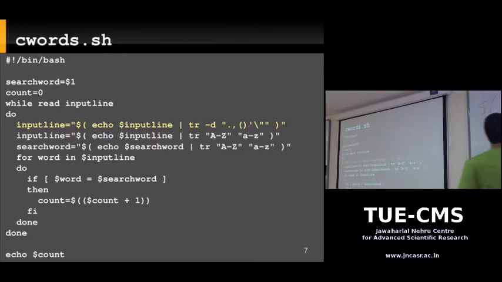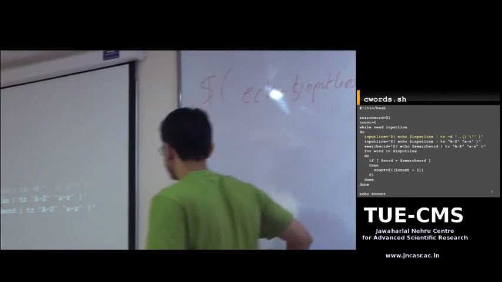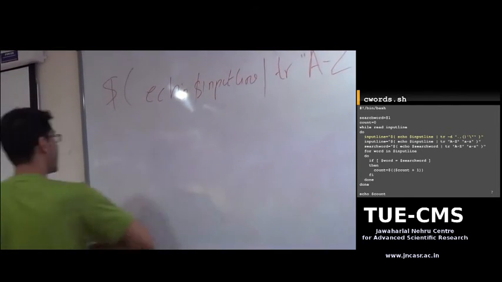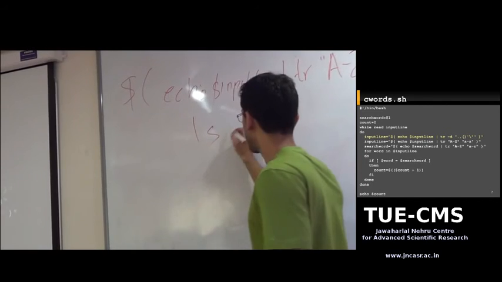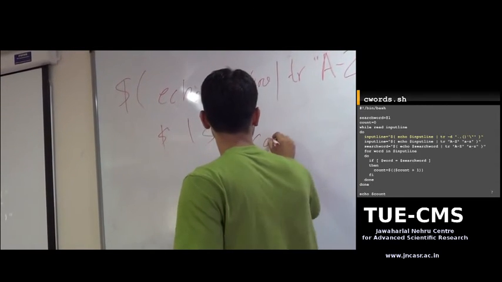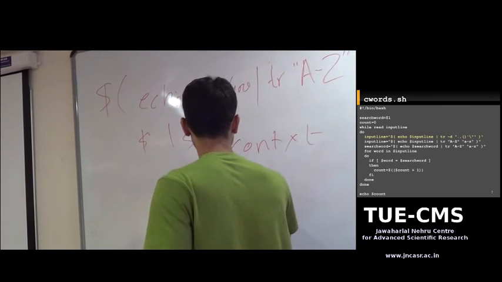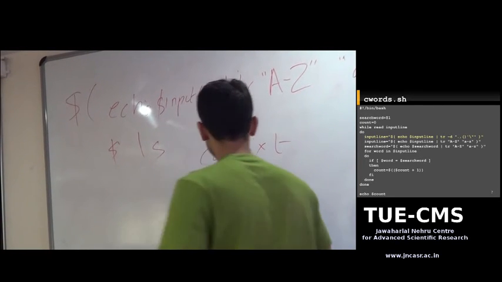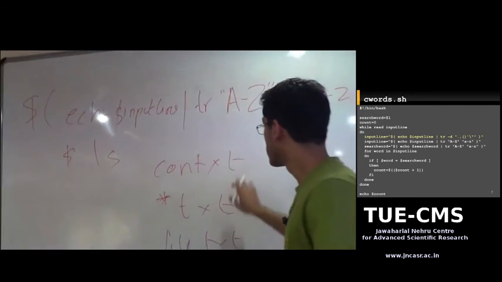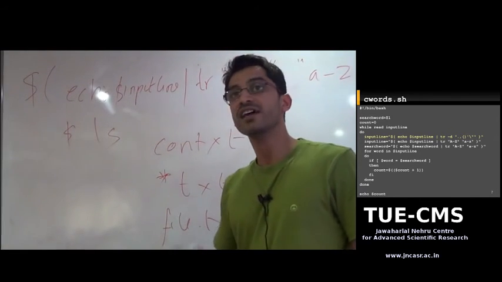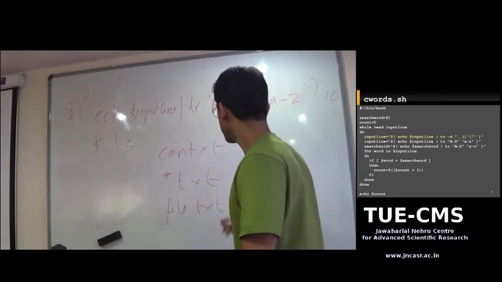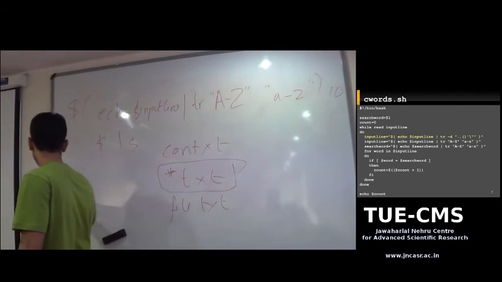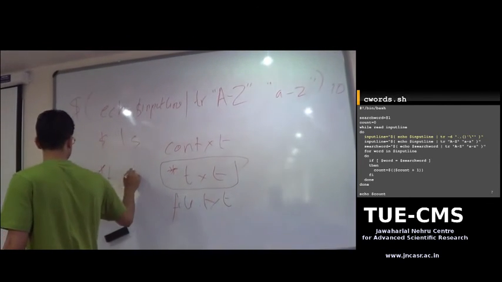Now there's one more application of this on the command line. We're just digressing a little bit. Suppose you had a directory that had files like this. If you type ls, you get a listing like this. Suppose this directory had 3 files: con.txt, file.txt and star.txt. Yeah, you can name files with a star in it. So suppose you want to remove just this file. What would you do? You would do rm star.txt, right?